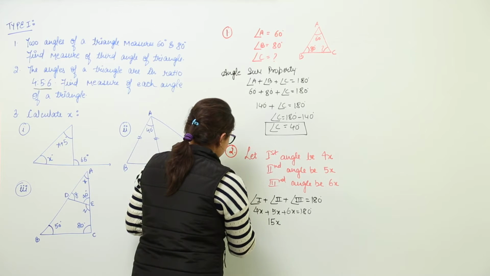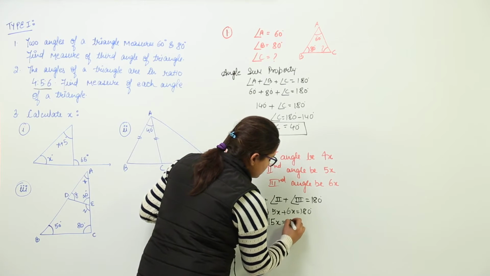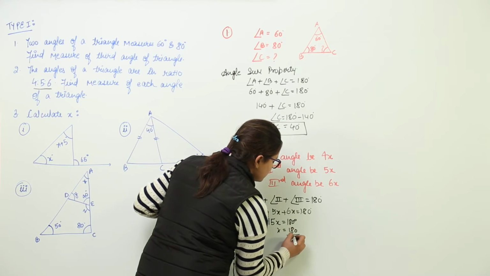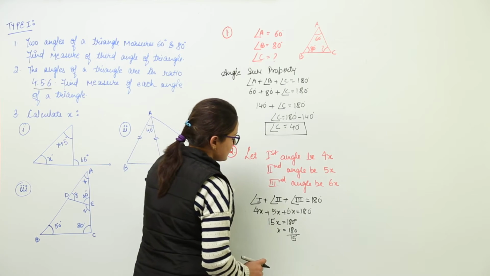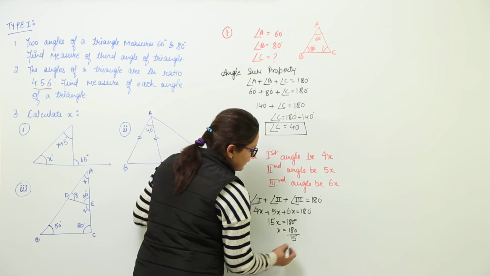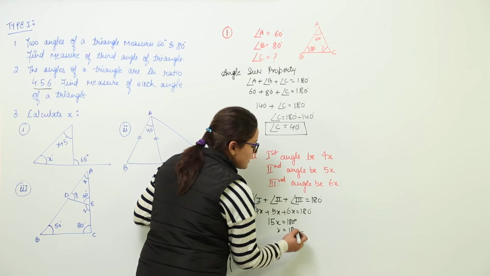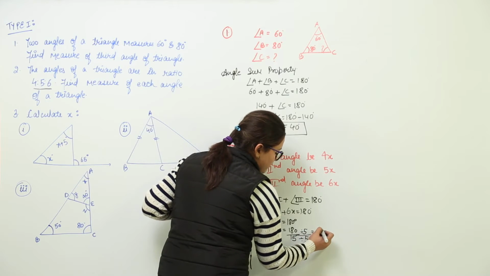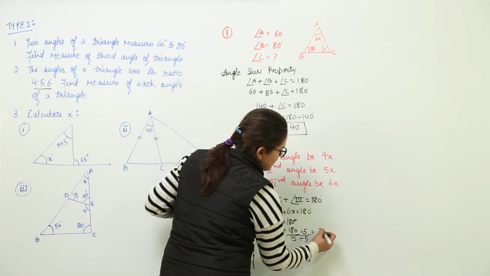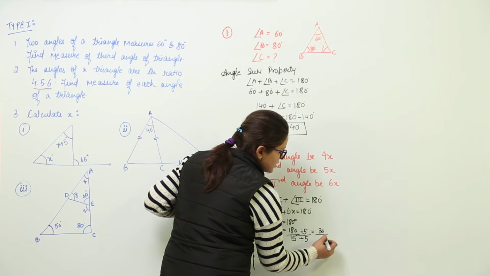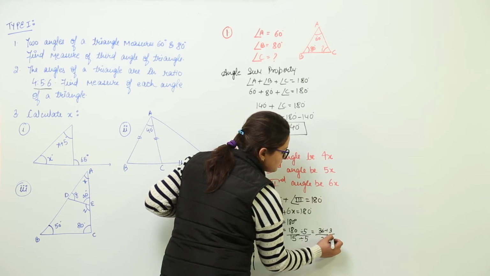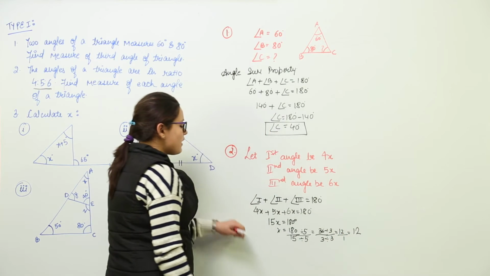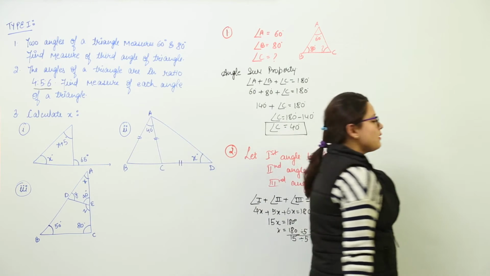Now here we get that 15x will be equal to 180 degrees, and this can be solved further as x equals 180 over 15, because 15 was getting multiplied on that side. So now when you transpose it, it will get divided. On solving, we can see that both have 5 as a common factor. So we will divide them both by 5. Here we get 5 3s are 15, 16, 17, 18, 5 6s are 30, 5 3s are 15. Still we have a common factor 3 in both. So we do 1, 2 and 1, that gives us 12. So the value of x comes out to be 12, but that's not it.